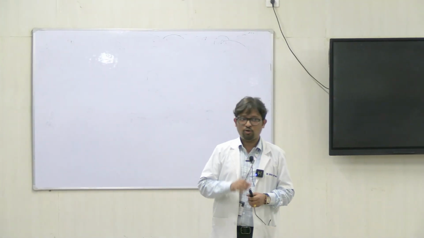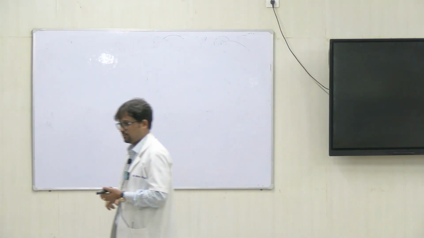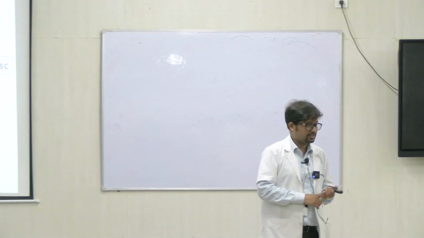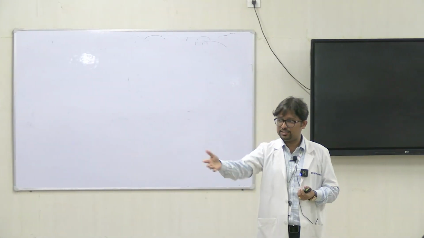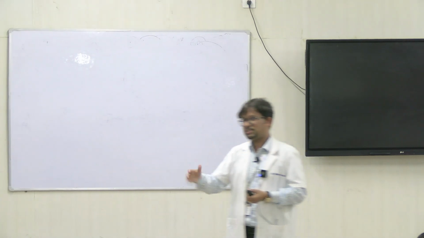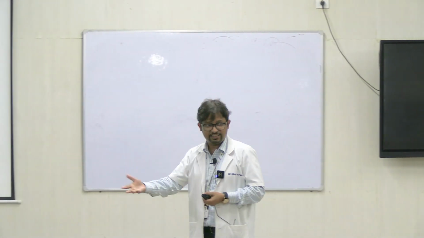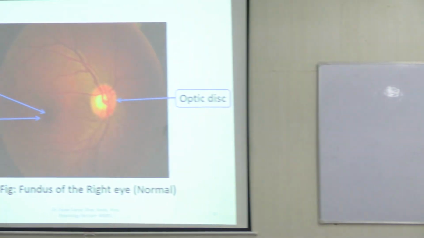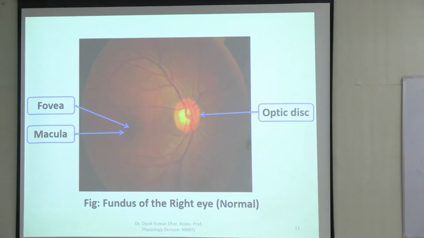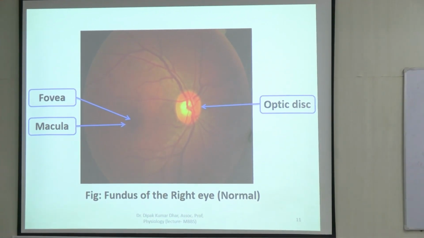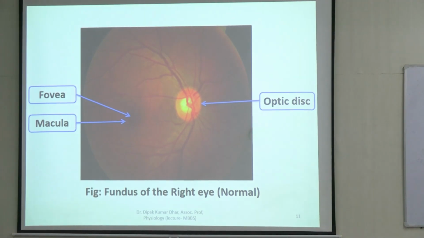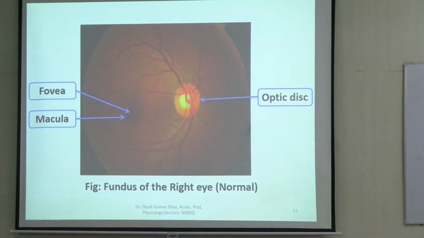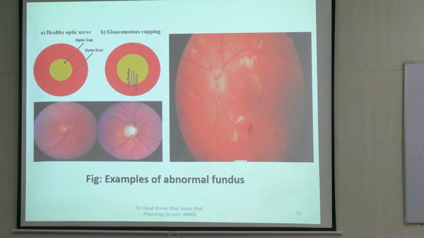tool for almost all chronic diseases, like the common ones being hypertension, diabetes mellitus, which will eventually cause some type of complication or change in the blood vessels. So this is the only area of the whole body where you can directly visualize the blood vessels. Right? There is no skin, nothing over it. You can directly visualize the blood vessels. That's why it is used for screening purposes.